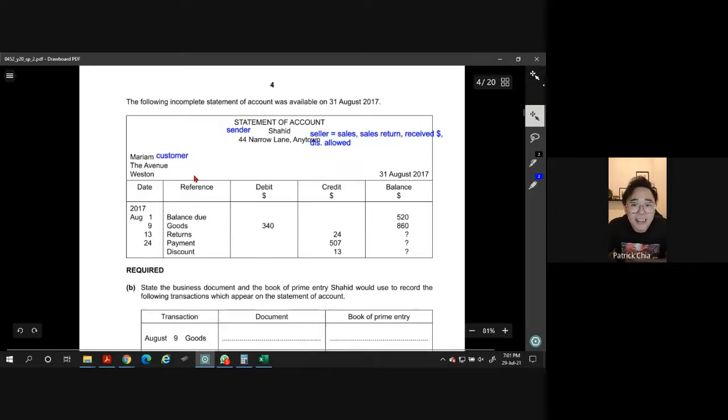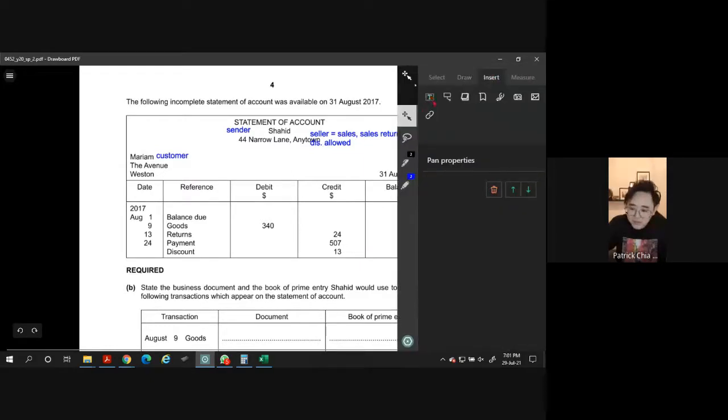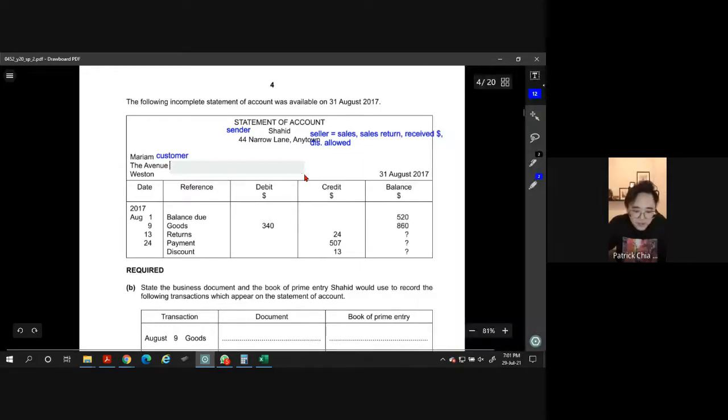Okay, if you are the customer, means we are buying, right? So what are the accounts that are related to us? Okay, so as a customer, we will purchase, right? Purchases, purchases return, PR. Then we will pay money, right? We will pay. So we will pay our supplier, and then we get discount received. Okay, all these things are useful when they ask you to do the T account later, so that you know who is who. All right.